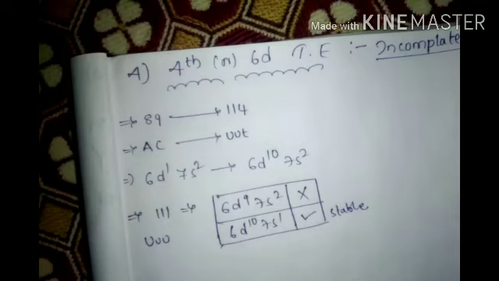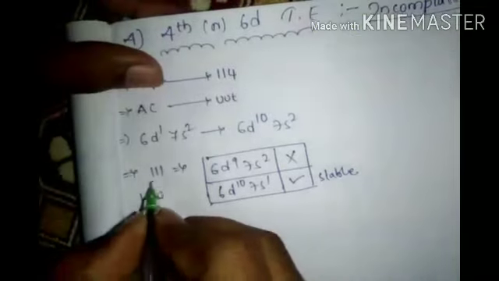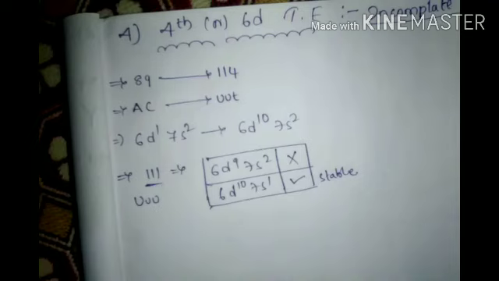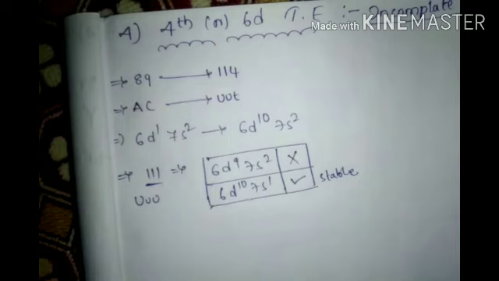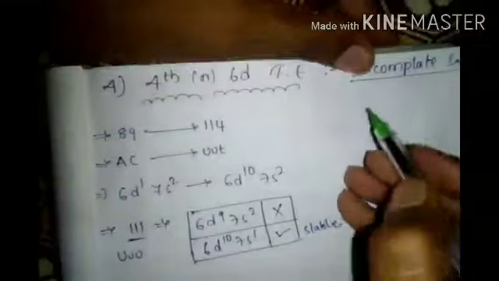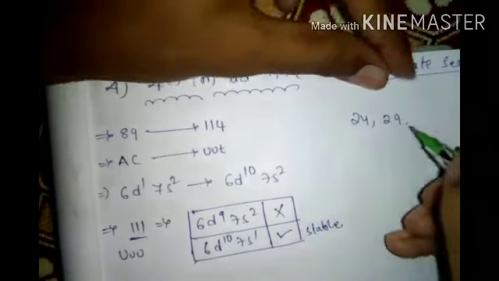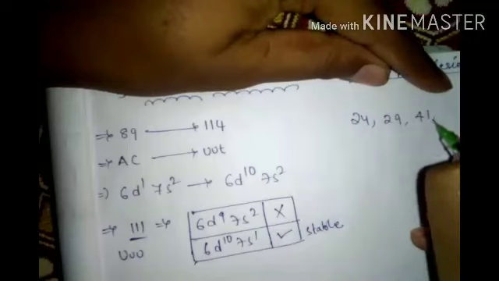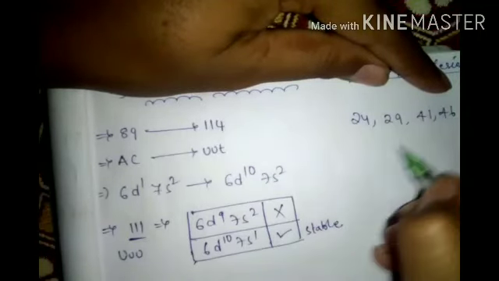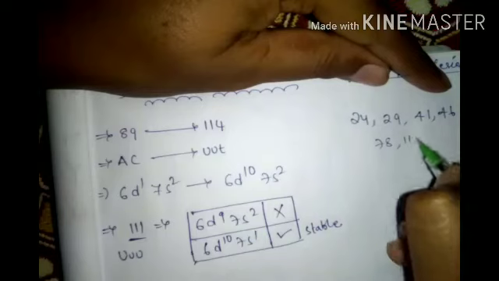This is the fourth 6d series. Changes are at 111. Numbers, you remember it. Where are the changes? In the first transition series 24 and 29, second transition series 41 to 46, third transition series 78 only, and fourth transition series 111. Okay, remember the numbers: 24, 29, 41, 46, 78, 111.